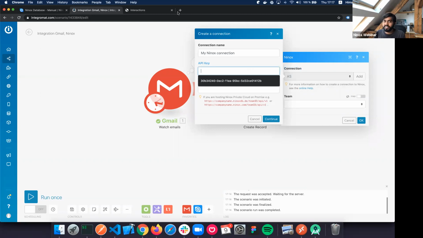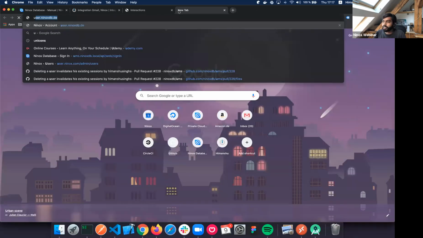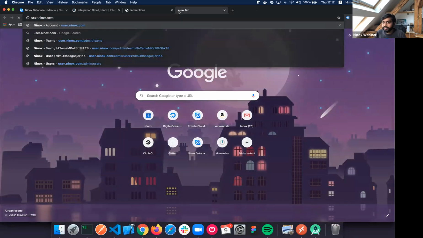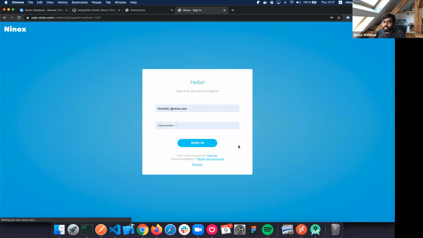And you know where to find the API key. You can simply visit user.nanox.com, and when you go there, you can see that I'm actually logged in, which is why I'm looking at this interface. But let's say that you're not logged in, so you just need to log in. And when you do that,